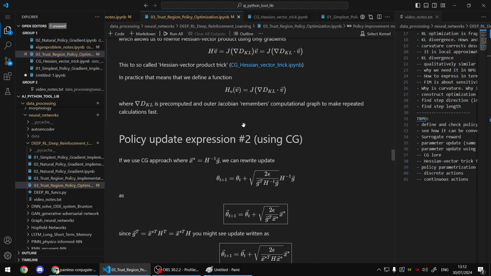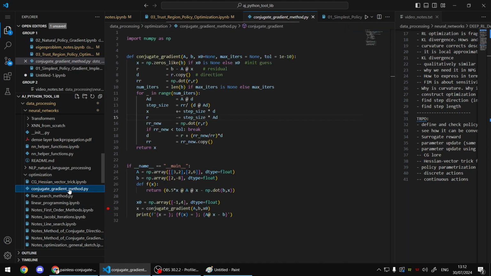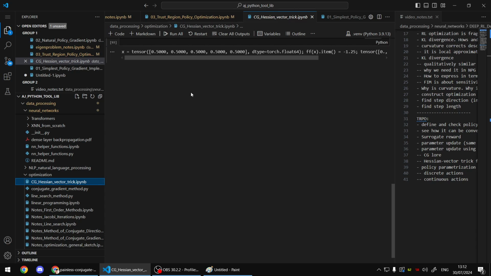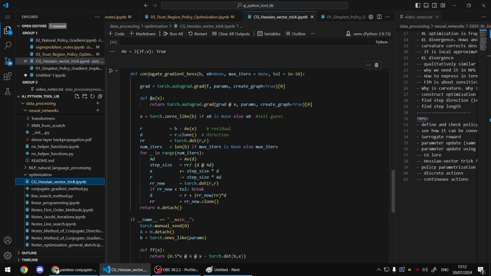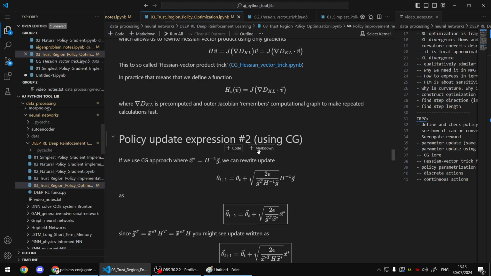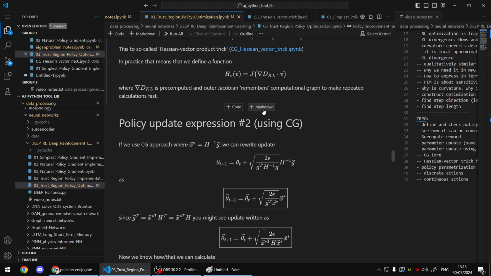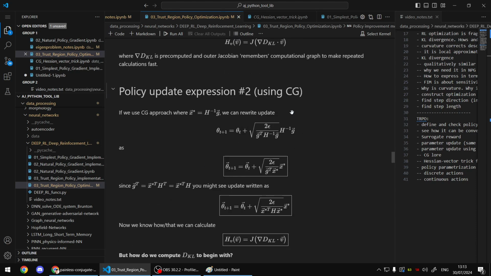We implement conjugate gradient, the default algorithm, but instead of classic conjugate gradient, where we just calculate inside the loop the multiplications of A by a vector, we define a function, an A-by-vector function. And the algorithm actually,